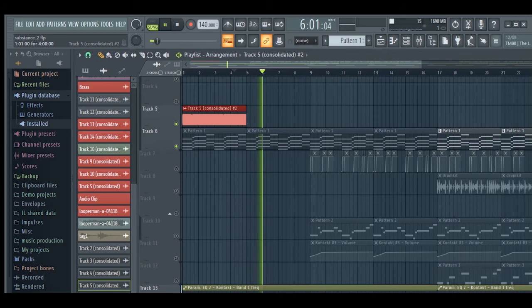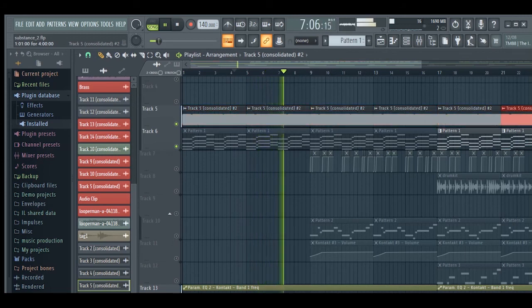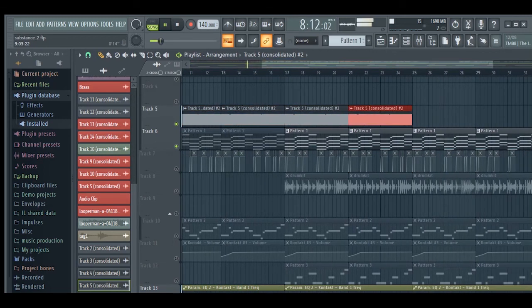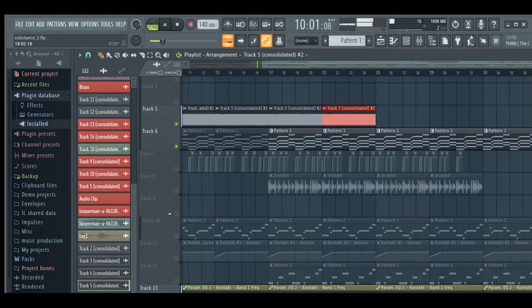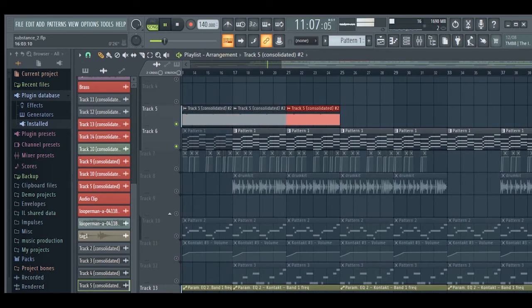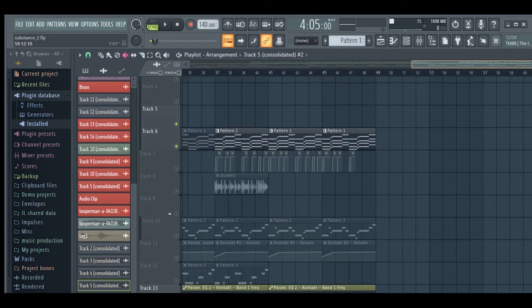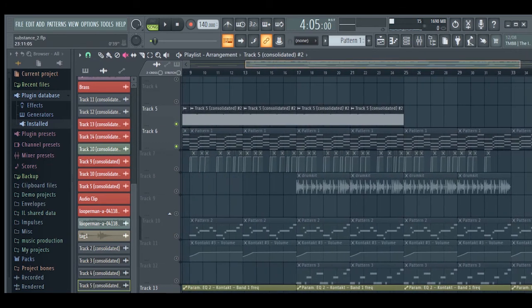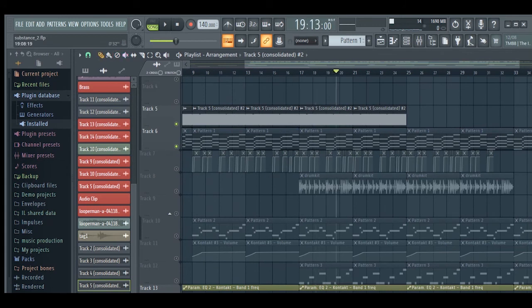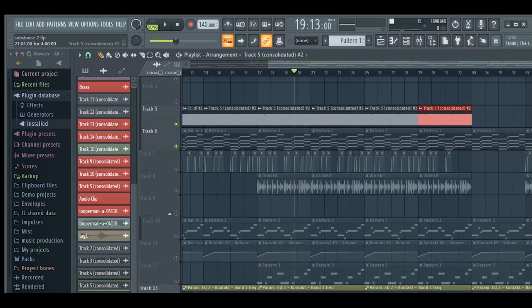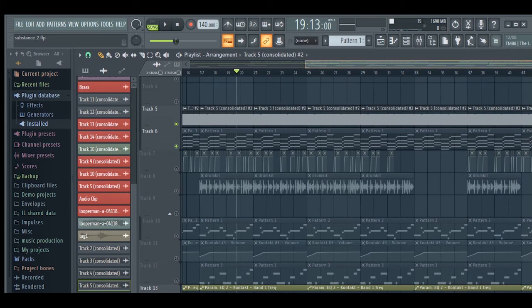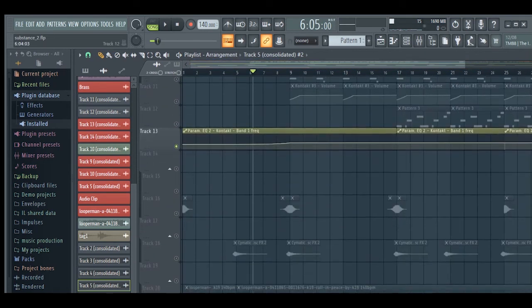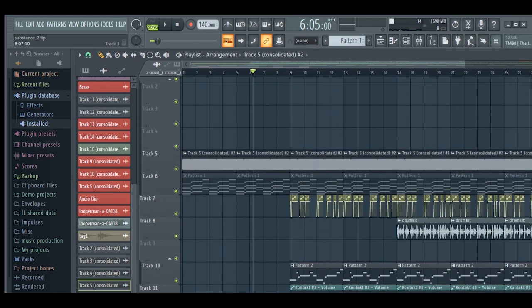And you press Ctrl B, duplicate this, or Command B on Mac, duplicate this throughout the project. So you re-engage the